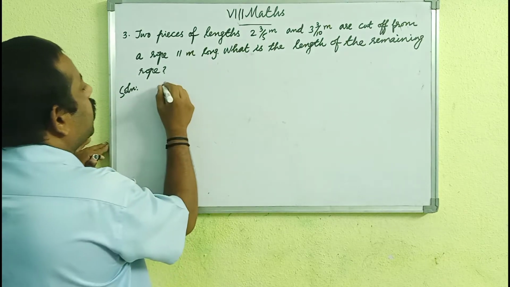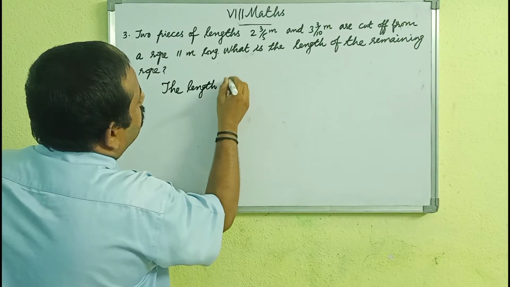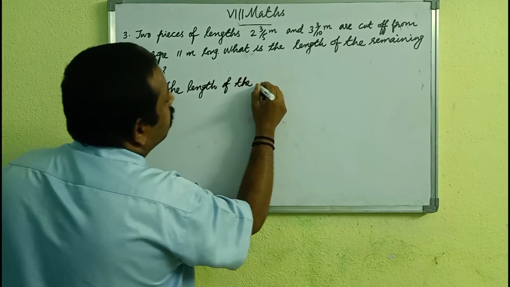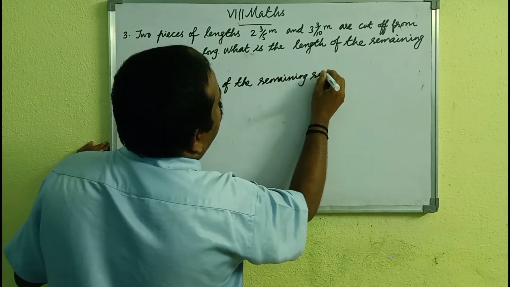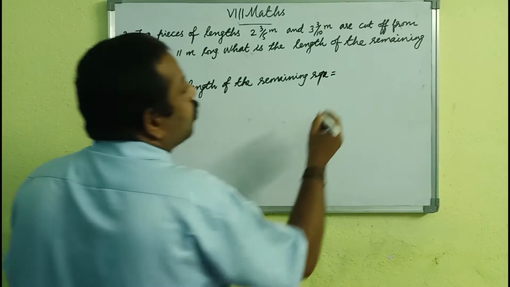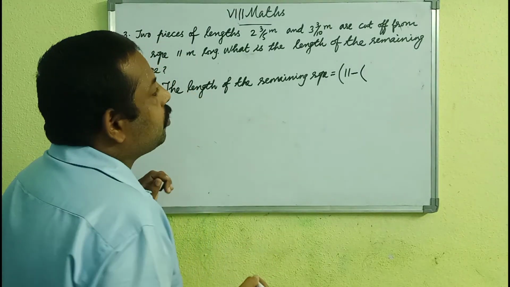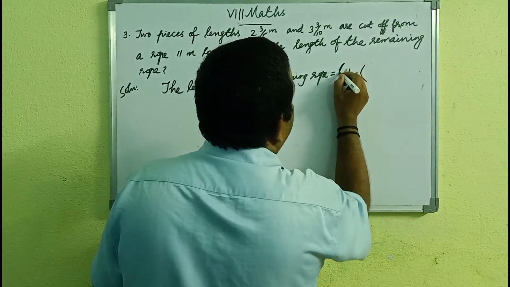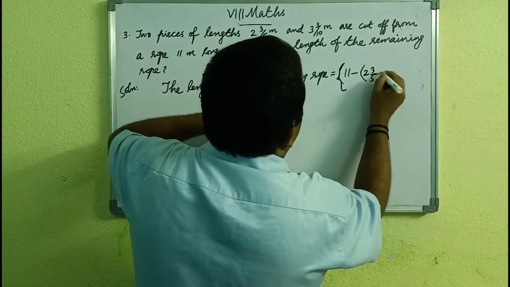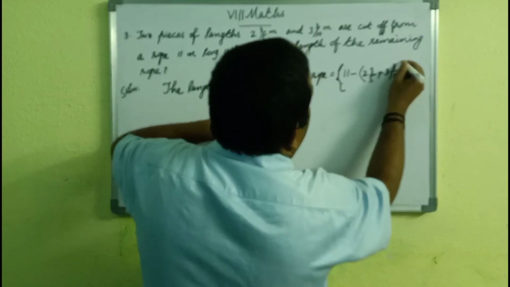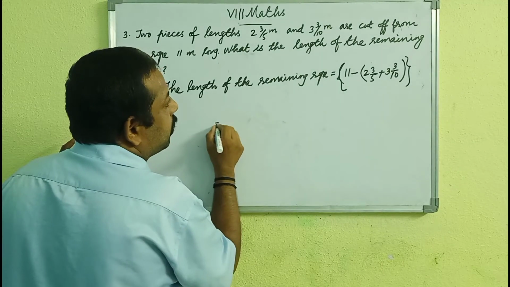Let us find out. The length of the remaining rope is equal to, how will you find out? Total length minus the sum of the lengths cut off. So let us put it in a flower bracket. 11 minus, 2 3 by 5 plus 3 3 by 10. So it is equal to, let us find out, 11